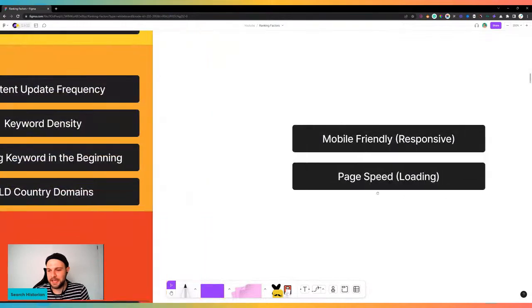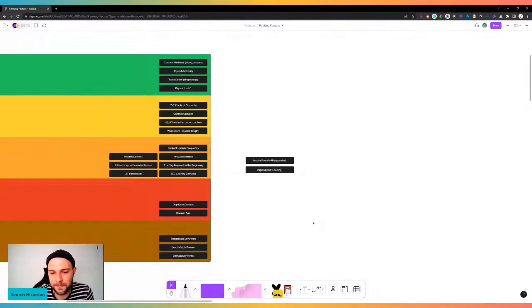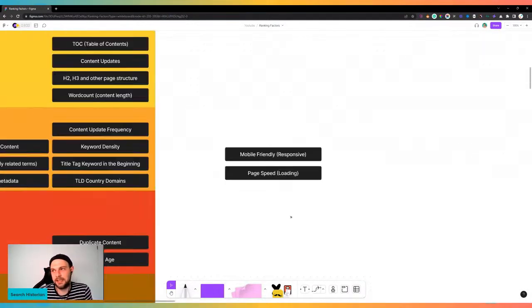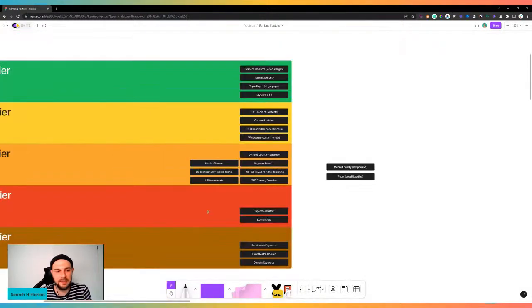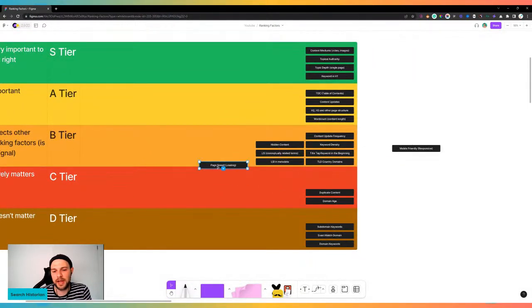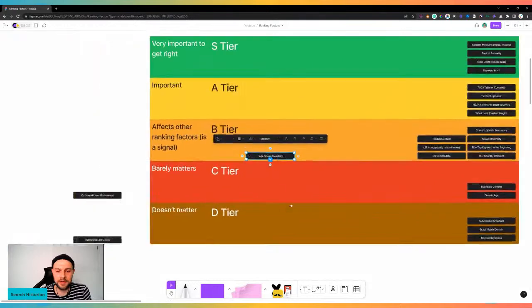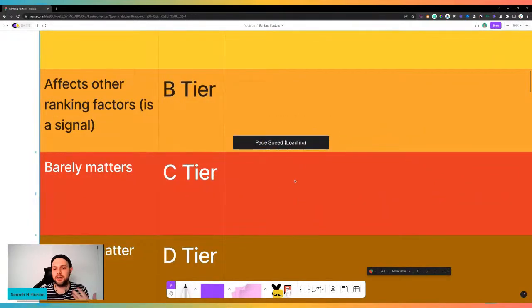So page speed and mobile friendly. So weirdly enough, this is a controversial topic. And page speed, so in reality, it's in B tier, right? In reality, it affects some other stuff. It's not a ranking factor. And